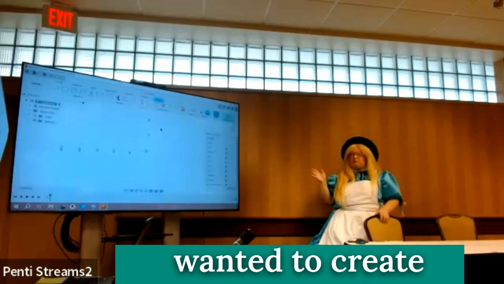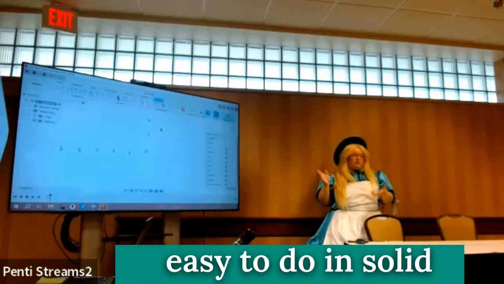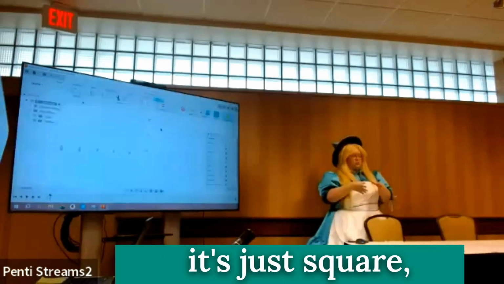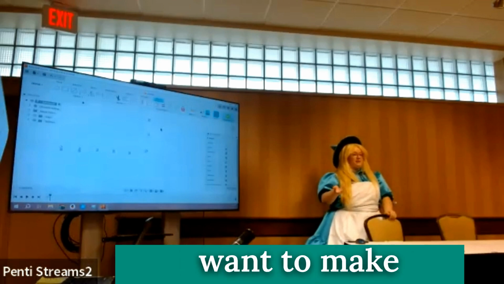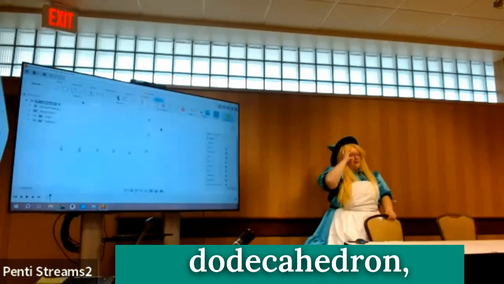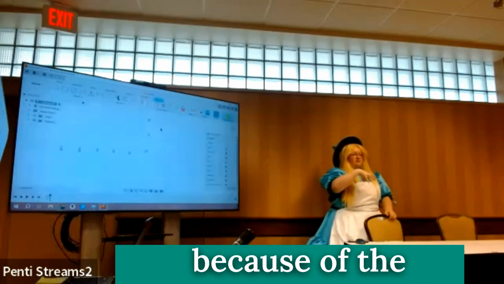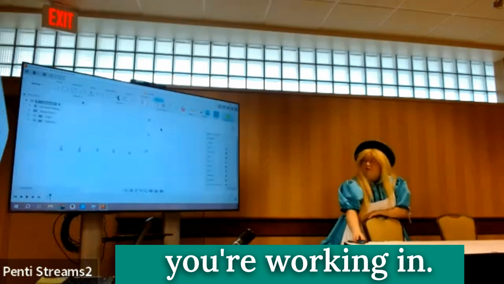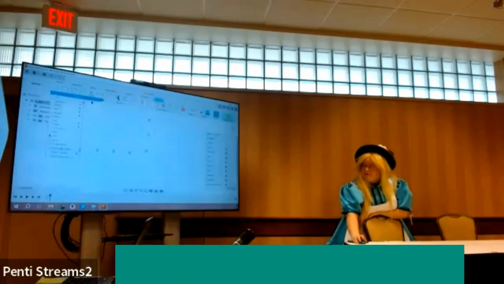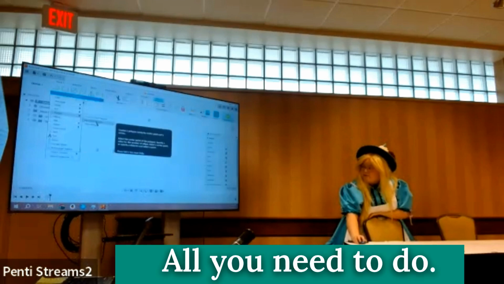For example, if I wanted to create just a plain six-sided die, that's really easy to do in solid modeling because it's just square, extrude, it's done. However, if you want to make something like a dodecahedron, that's really difficult in solid modeling because of the geometry of it. Whereas when you're working in surface modeling, all you need to do